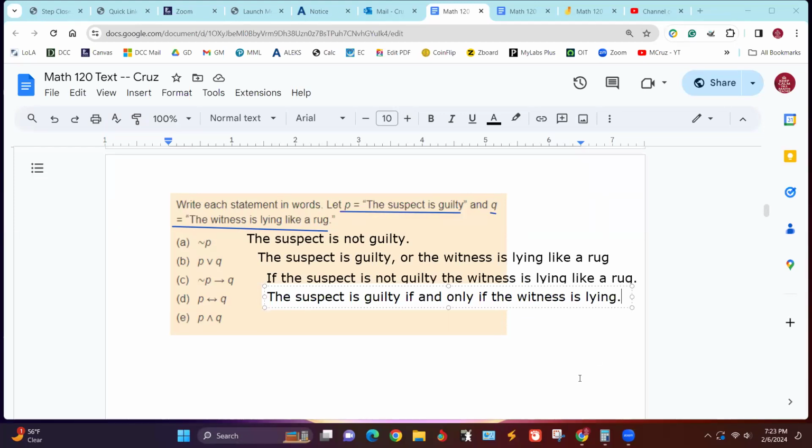That was enough. Imagine it says line like a row. All right. And then this is the last one. This is just P and Q. So we're still using the same letters, except we're just replacing the symbol with words now.